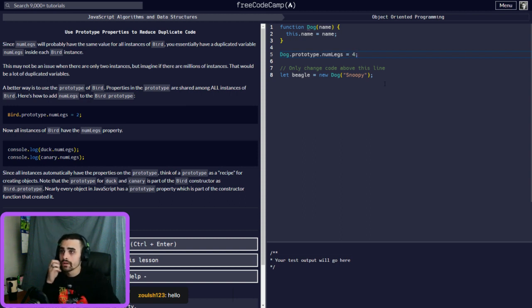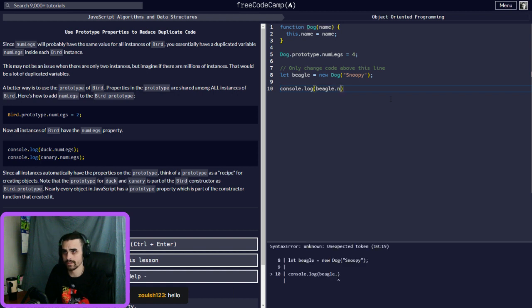It's basically saying we're adding this value for anything that is attached to Dog. So now if we console.log beagle.numLegs, it's going to default to 4.